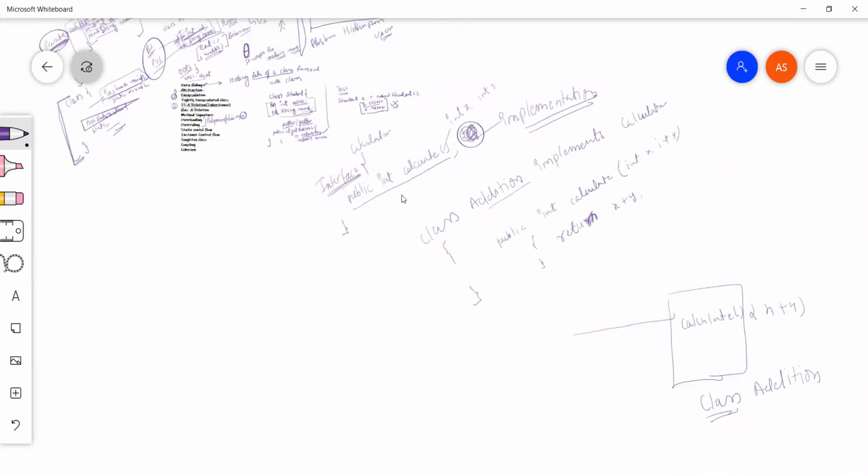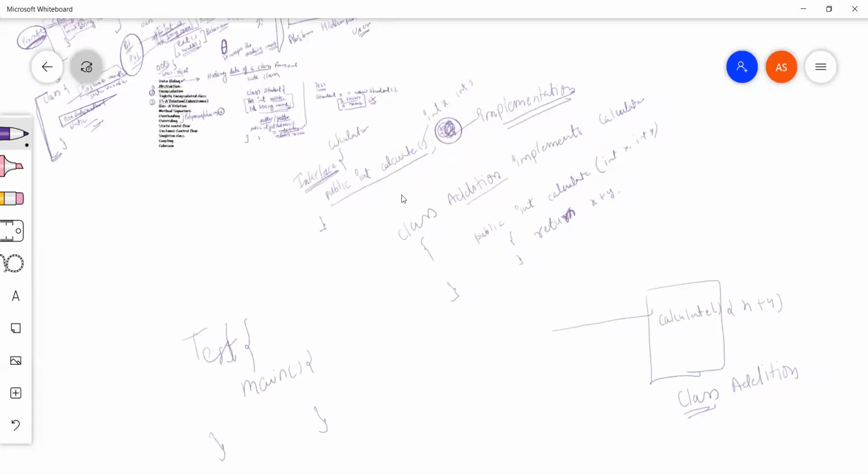Now there is a third class, let's say Test, and there is a main method. In this class, I am saying Interface I is equal to, so for example, I'm just taking it like this, and I'm saying I dot calculate.